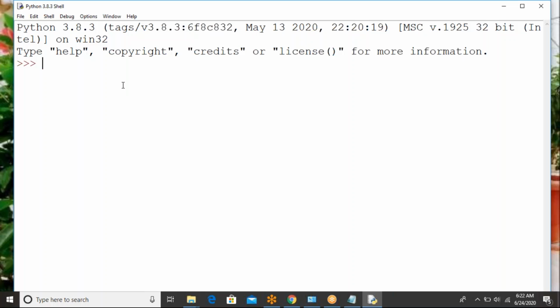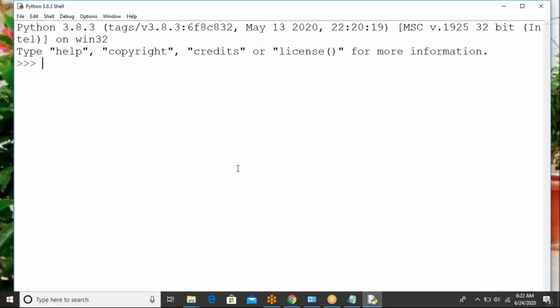Now if you want to quit from this, I'll explain next how to write the programs here and how to execute them, everything I'll show you next. First of all, I'm telling you, install everything and set up everything. Once our setup is done, then we'll go for the next thing.